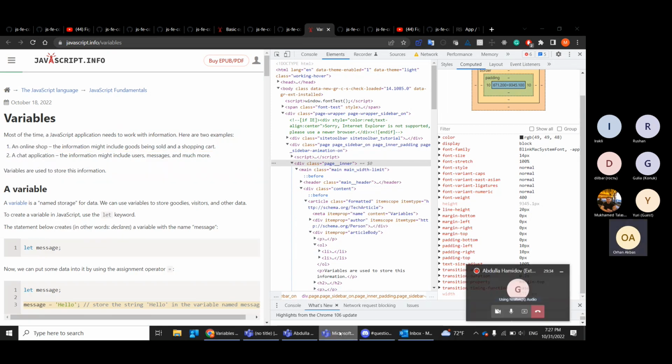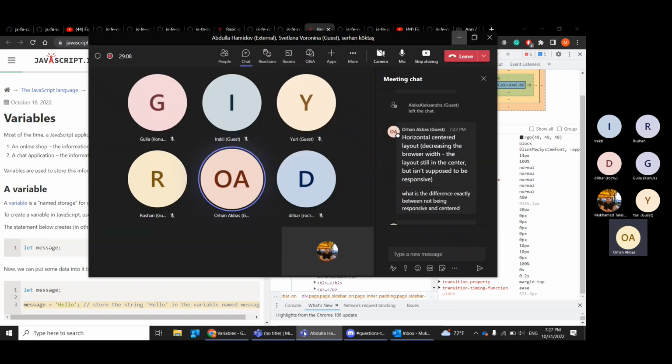I mean, to be entirely responsive, we need to add some other code, as far as I understood, because when we minimize the browser width, yes, it changes, but to be entirely responsive is another thing. I mean, I am a total beginner, so